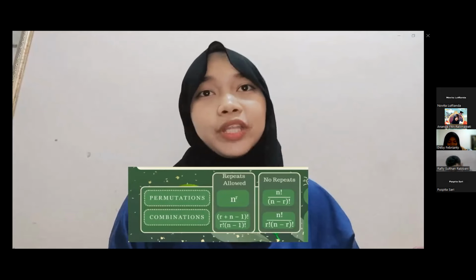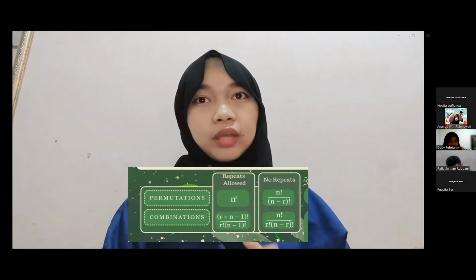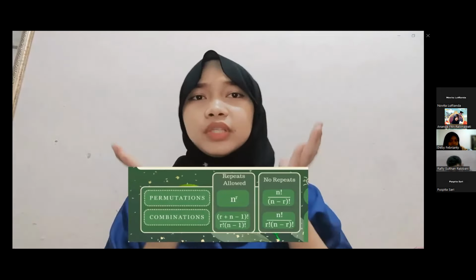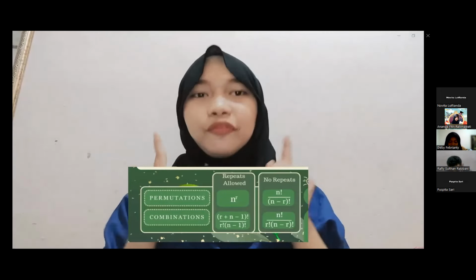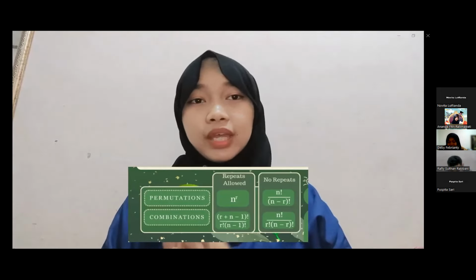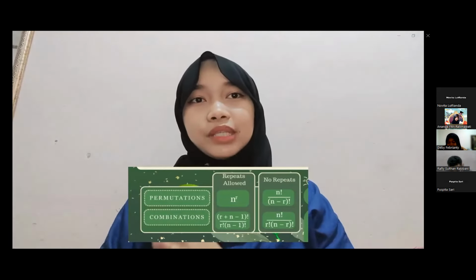Okay, next we talk about permutation without repetition. Without repetition, our choices get reduced each time. But how do we write it mathematically? Answer, we use the factorial function. The factorial function just means to multiply a series of descending natural numbers. The formula is n factorial divided by the quantity n minus r factorial, where n is the number of things to choose from and we choose r of them. No repetition, order matters.